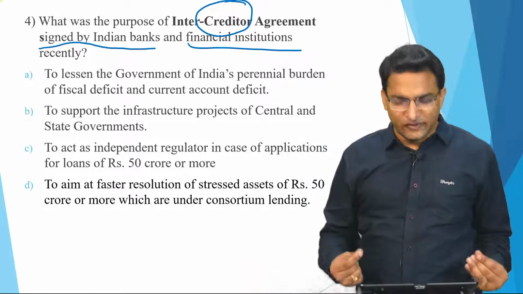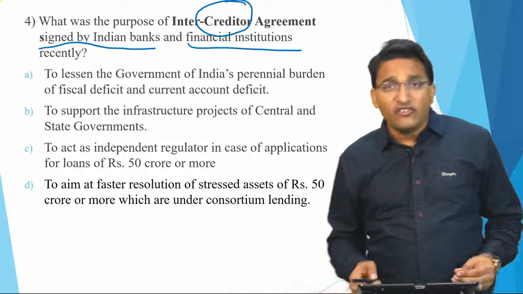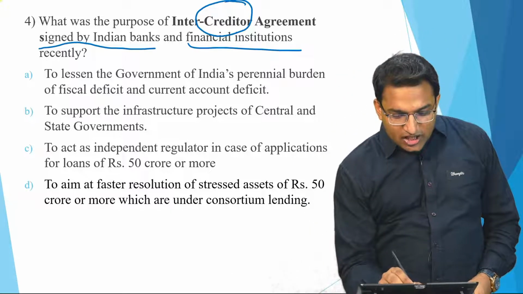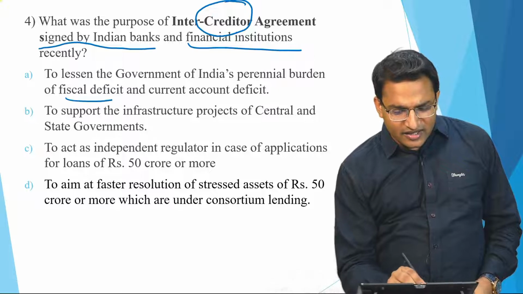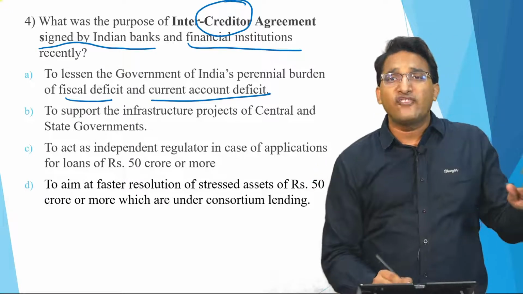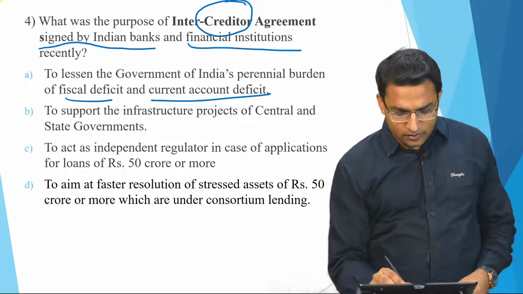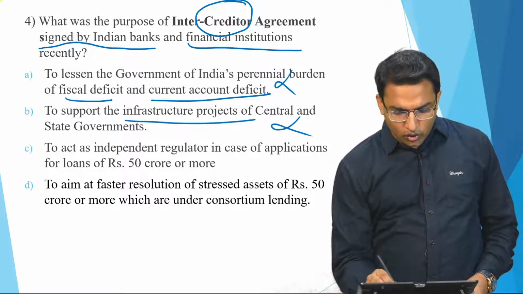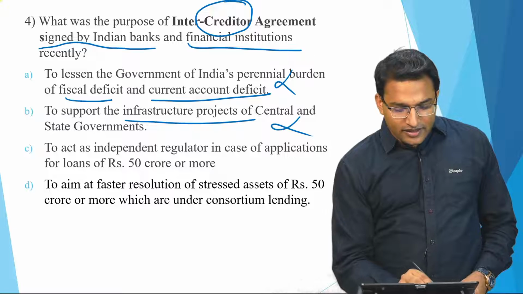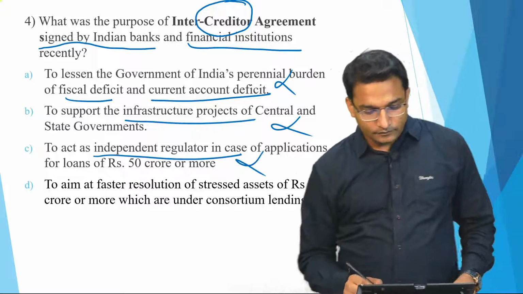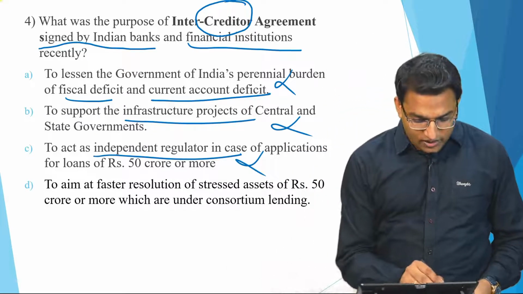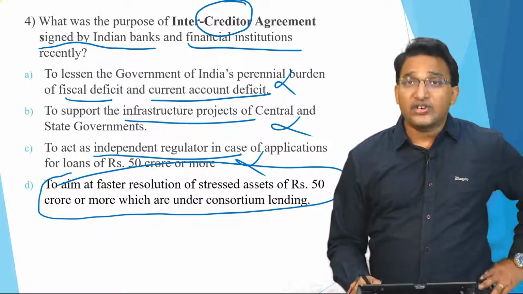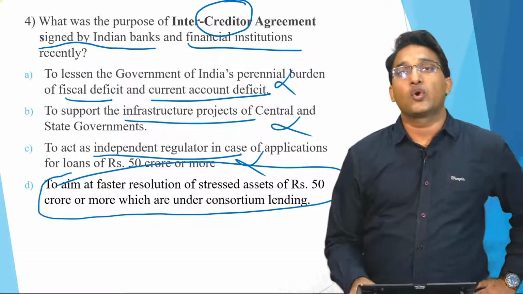So this is a very specific question. So let us first understand the options. To lessen the government of India's perennial burden of fiscal deficit and current account deficit, this is a far-fetched option, not at all correct. To support the infrastructure projects, not at all. To act as an independent regulator, not at all. The only option is, the aim is to fast resolve the stressed assets of rupees 50 crore or more which